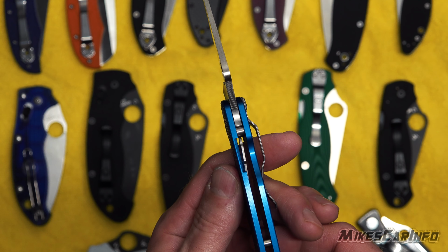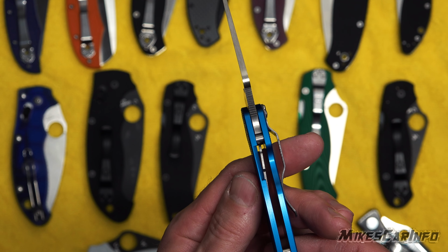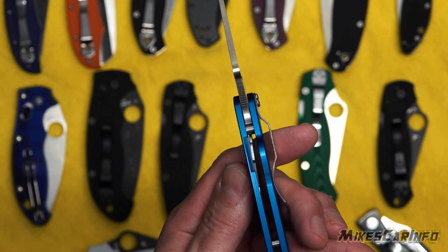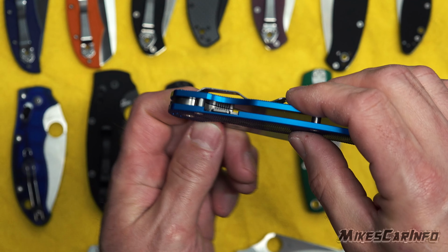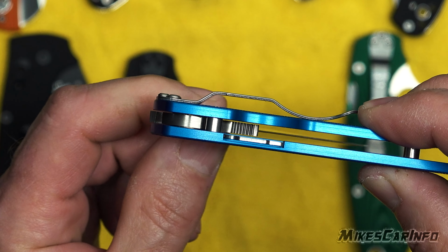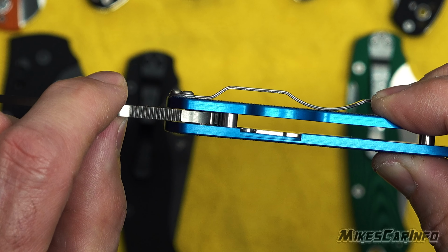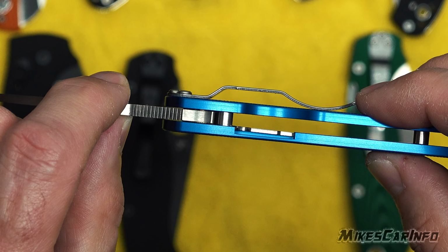Okay, so now it's time to talk about the compression lock. So we saw the liner lock. It's like a little kickstand that moves out of the way, allows the blade to fold. Now the compression lock kind of looks like a liner lock, but it's not. It's not a kickstand, actually. Let's go ahead and close this up. So you can see there's a pin right here that doesn't move. And then on the blade, you can see there's a little space right here. And as we move it, we get to a certain point where this piece of the liner that's sprung out, a leaf spring,